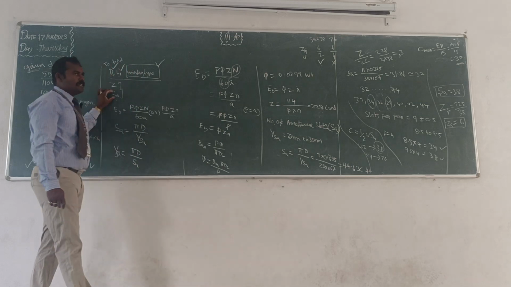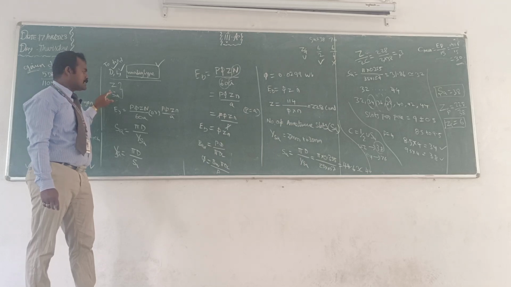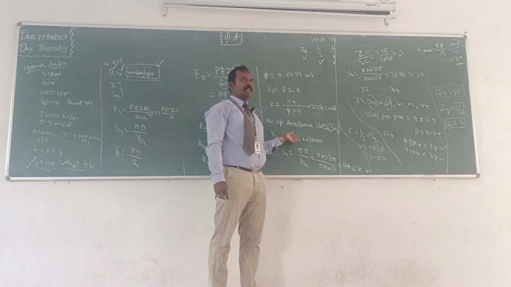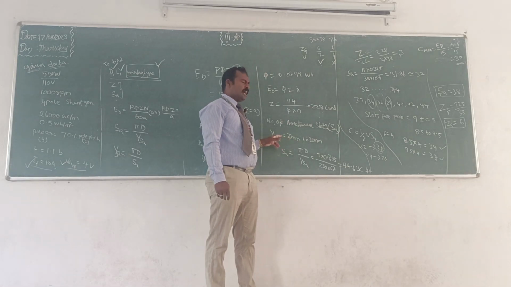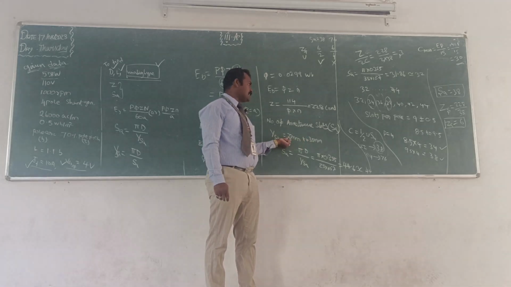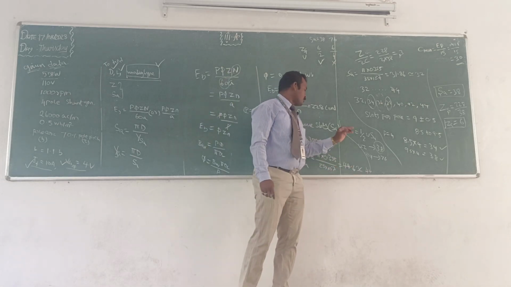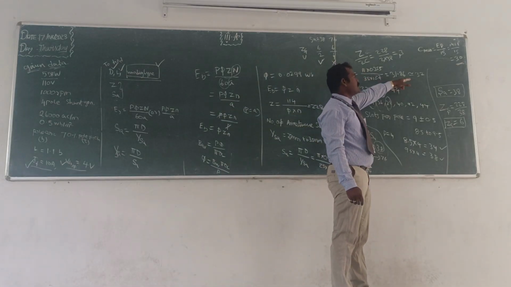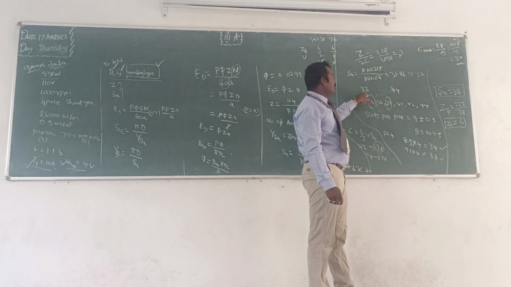Then we can find the number of armature slots. While finding the armature slots, you should select the slot pitch with a minimum value of 25 mm and a maximum value of 35 mm. That is the first selection guideline. So the slot pitch Y_sa should lie between 25 mm and 35 mm. Selecting the minimum value of 25 mm, the possible number of slots is 44. Similarly for 35 mm, S_a equals pi D divided by Y_sa, so the possible slots is 32. So the number of armature slots varies between 32 and 44.